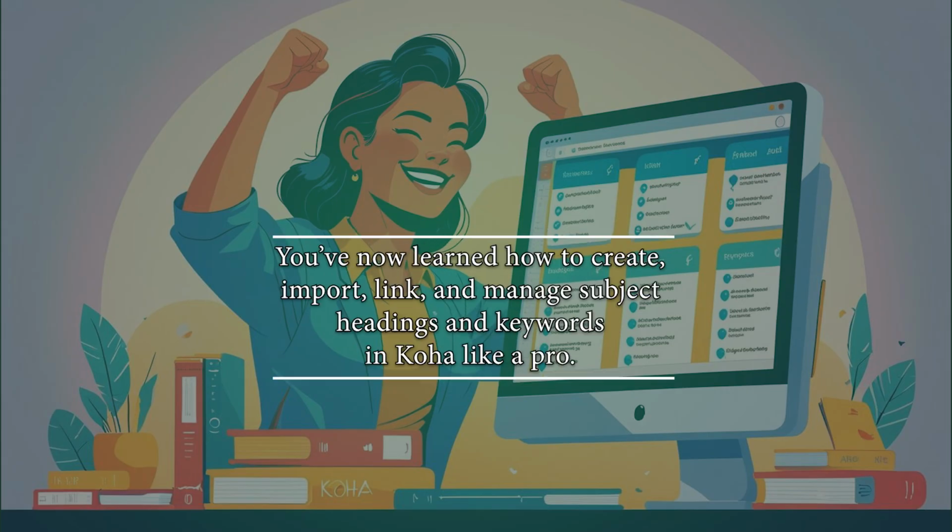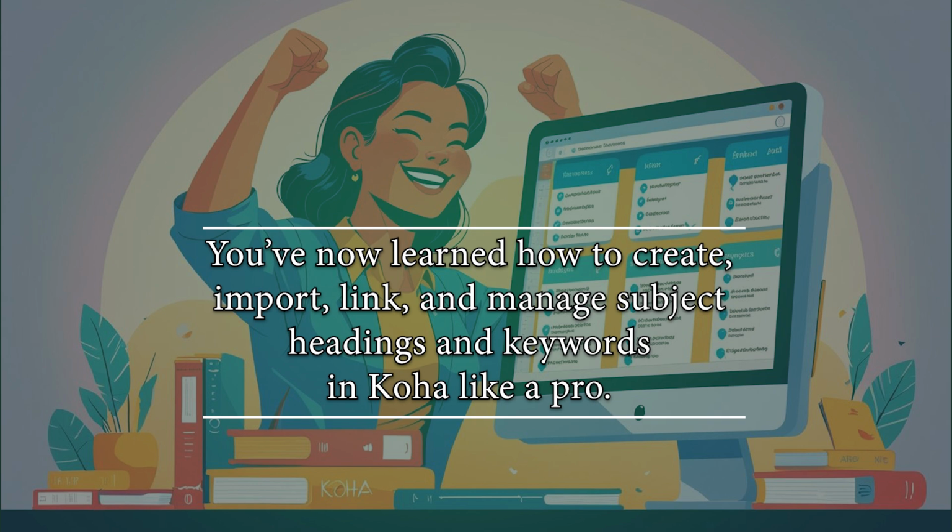And that's it! You've now learned how to create, import, link, and manage subject headings and keywords in Koha like